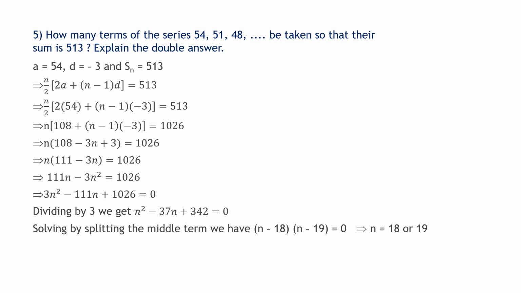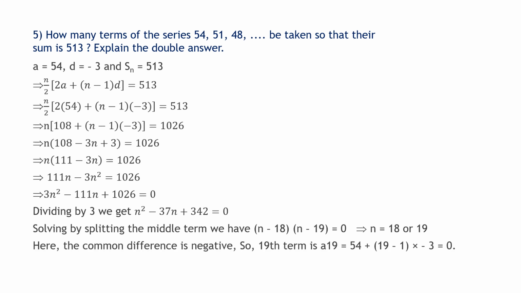So here again we did the sum previously if you remember. When we have to find n, we get a quadratic equation. We solve the quadratic equation by splitting the middle term. We got n equal to 18 or n equal to 19. Now how can the sum of 18 terms and the sum of 19 terms be equal? Yes, you got it right, when one term is 0. So when one term is 0, even if you remove the term to make 18 terms or you take the full 19 terms, the sum remains the same.